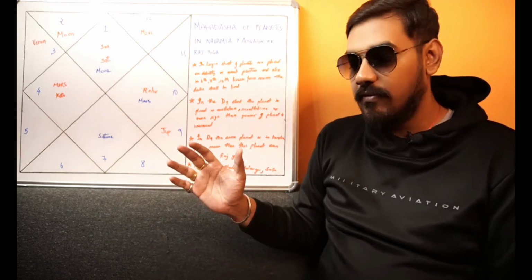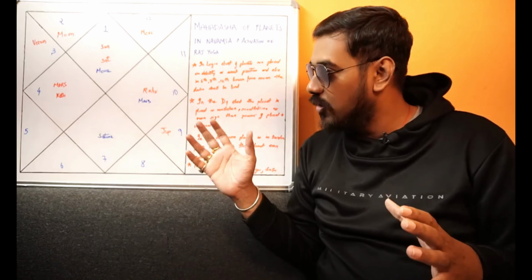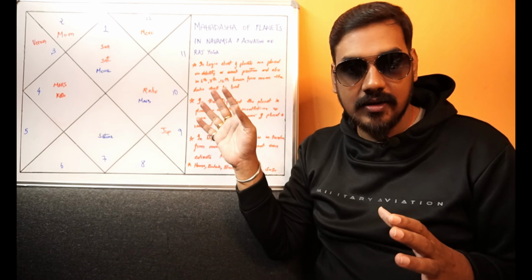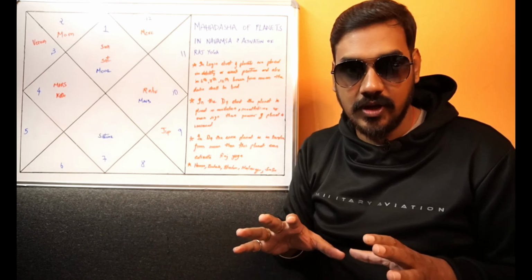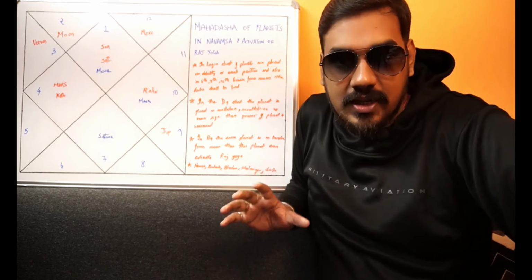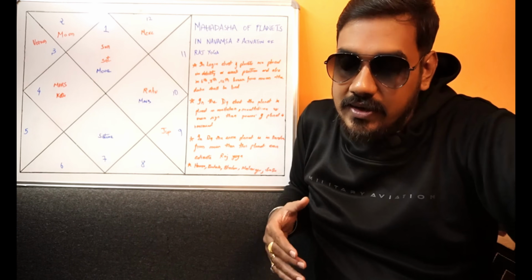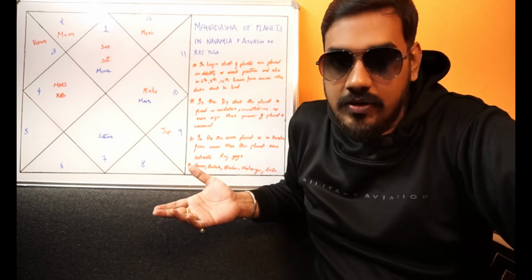So whenever you are judging a Raj Yoga from your horoscope, it is not only important to see the Lagna chart and the moon chart and assess the Raj Yoga, but you have to see if there is any Raj Yoga being created in the Navamsa chart, because the Navamsa chart is the fruits of your karma and is the direct manifestation and expression of the planet.